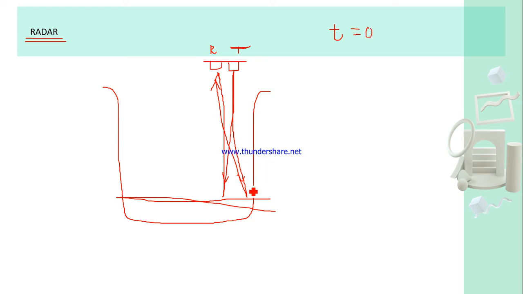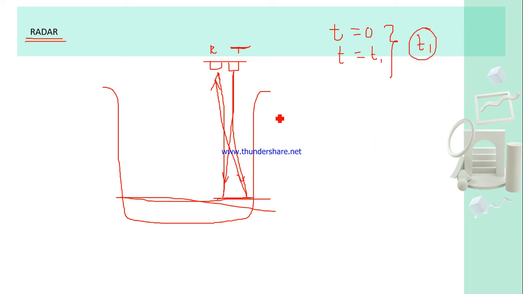Okay, and once the reflected signal, that is called the echo, because here there will be a difference of density, so definitely the electromagnetic wave will reflect back and come to the receiver again. Say that T is equal to T1. So you got the time, this time. So this T1 is the time